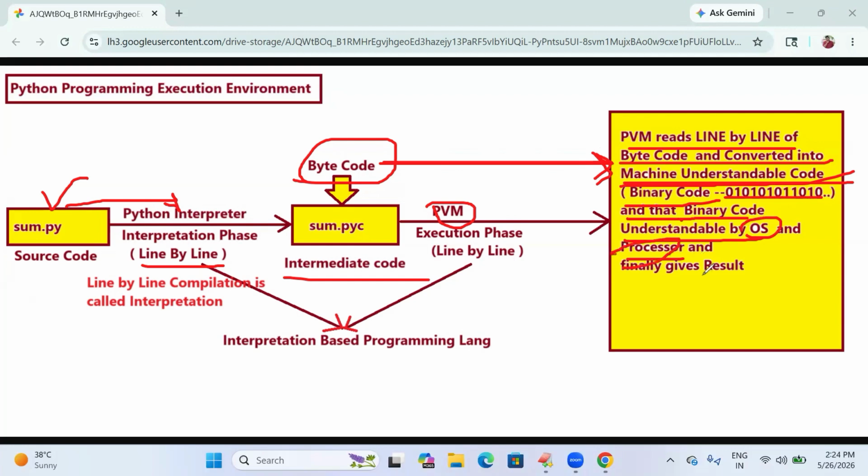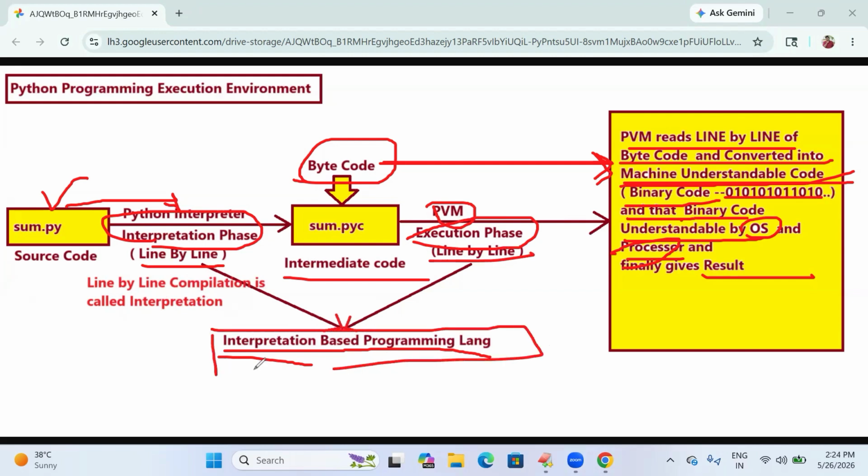So finally it gives the result. So why is it called an interpretation based programming language? Because it combines the interpretation phase and execution phase in a line by line manner. That is the reason it is known as an interpretation based programming language.